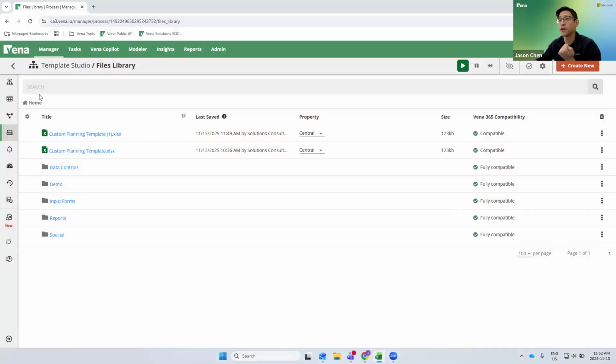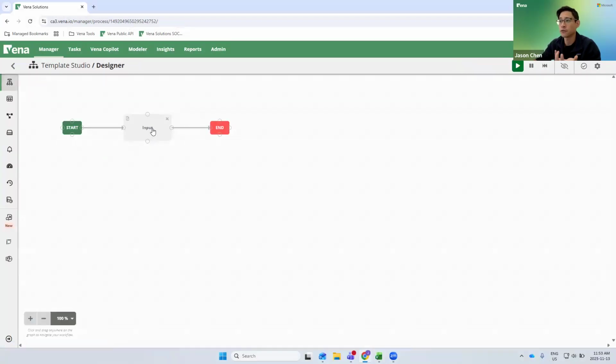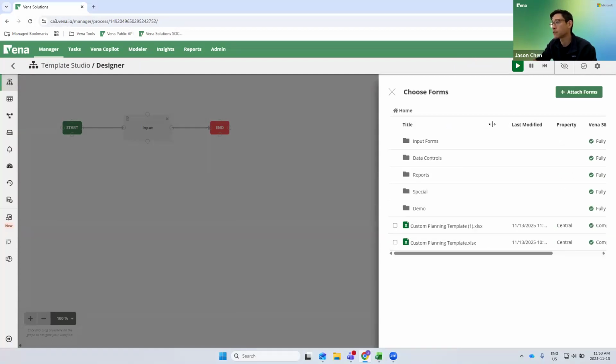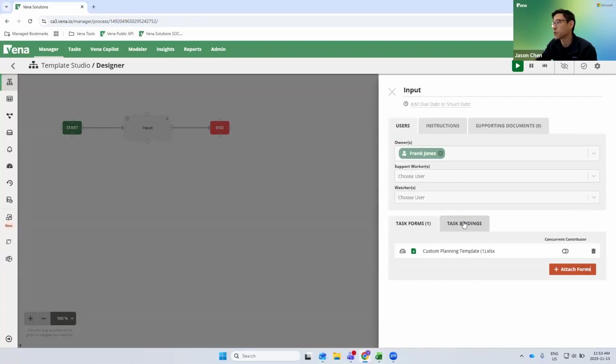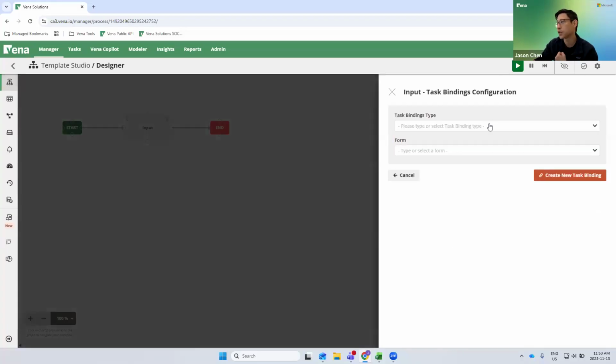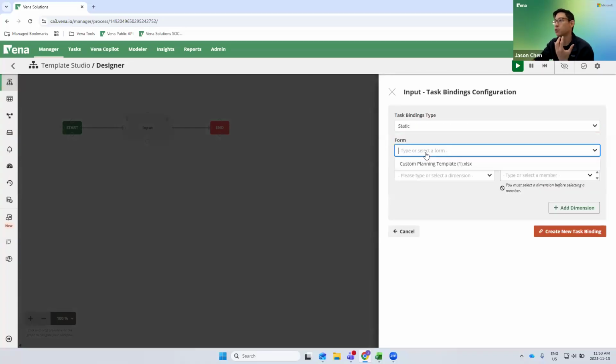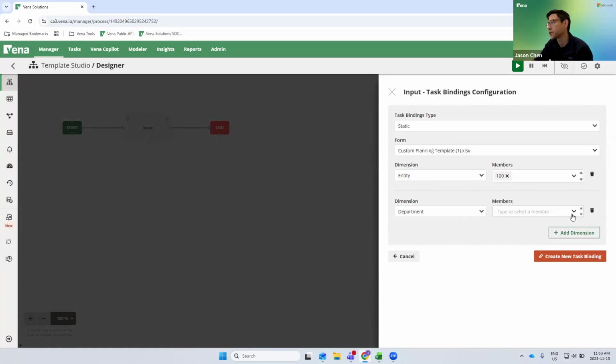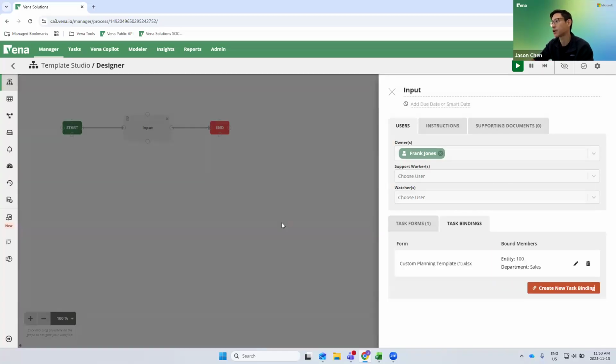Now, coming back over to the Vena system, we can leverage the Vena workflow to assign this out to my user, Frank. We can attach the form that we just created using our very intuitive and user-friendly workflow. Going from here, we can even task bind this. Now, this is allowing us to select how we want Frank, our department head, to open it up. We want it to open up directly to the US entity as well as the sales department, just simplifying the task for Frank so that